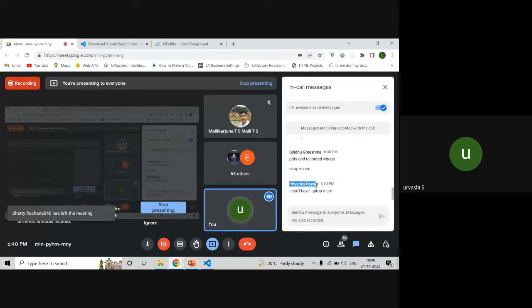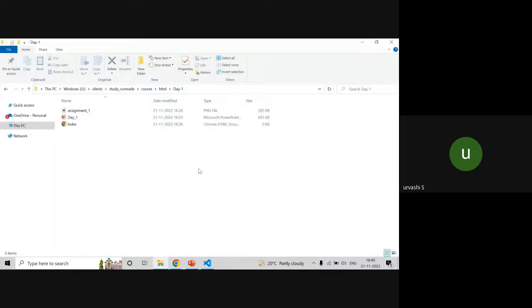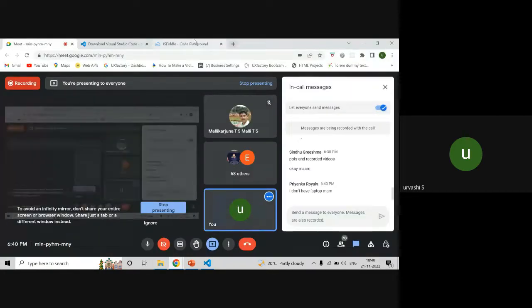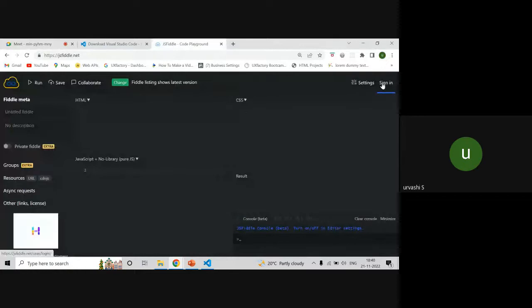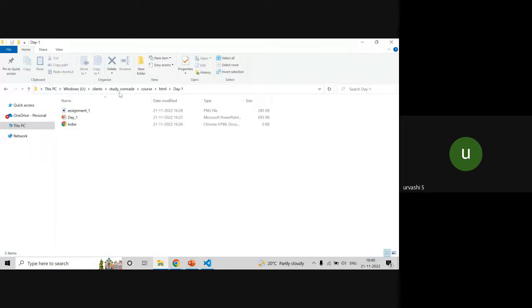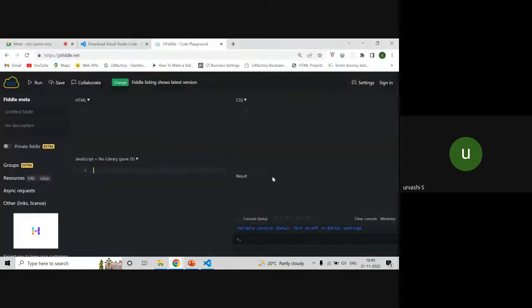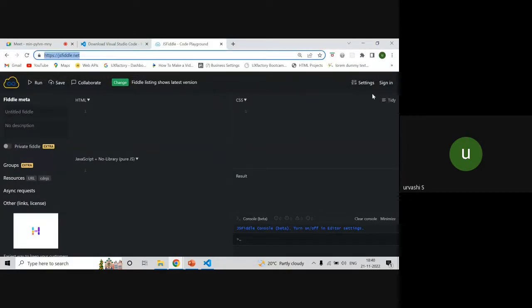Those who don't have any laptop and don't have any way to keep the record, what you can do is create an account on this JS Fiddle. You cannot create your code structure in your local system, but you can maintain your code online. So those who are using mobile, just sign in and create an account.